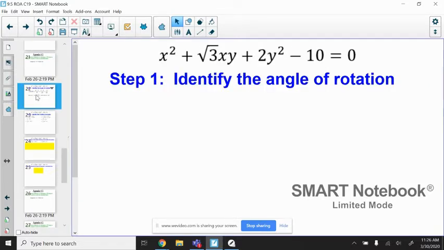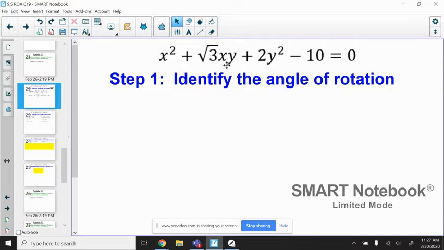And once again, I remind you, the next couple slides are just a review of the previous lesson. Feel free to skip through them if you feel very comfortable with it. I have myself a conic. I cannot complete the squares because of the XY term. So step number one for me is to identify a particular angle of rotation to use to